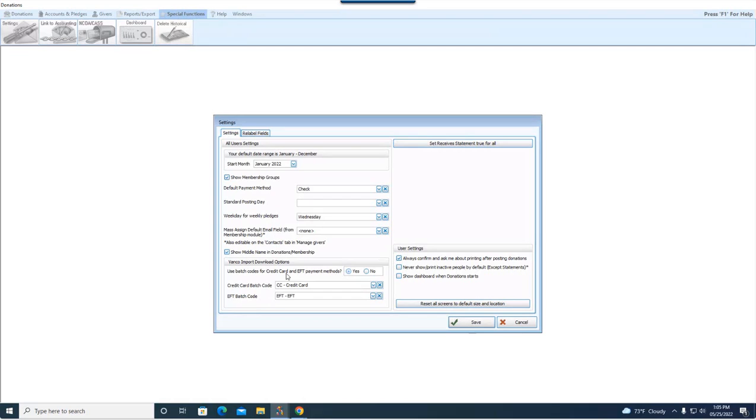This is particularly important because if we don't assign these batch codes, Church Windows just posts it in as a batch, okay? It doesn't tell you where it comes from. It could be a regular offering with cash and check, okay? So we strongly recommend that if you're using version 23, that you use these batch codes